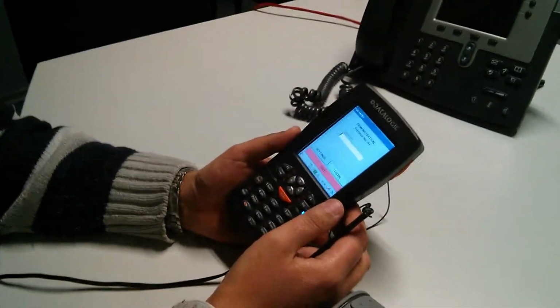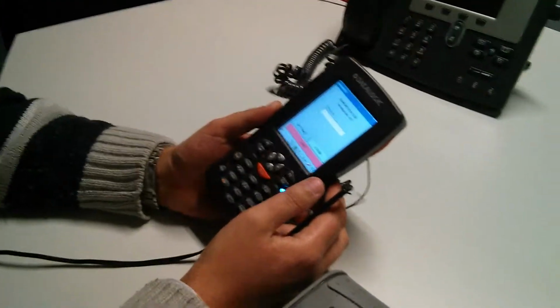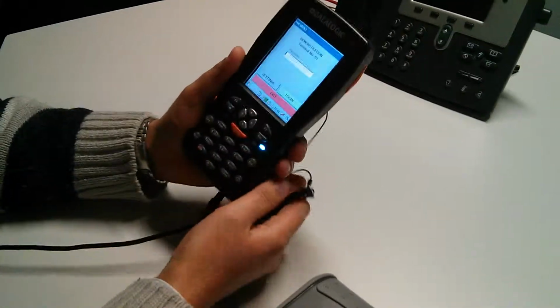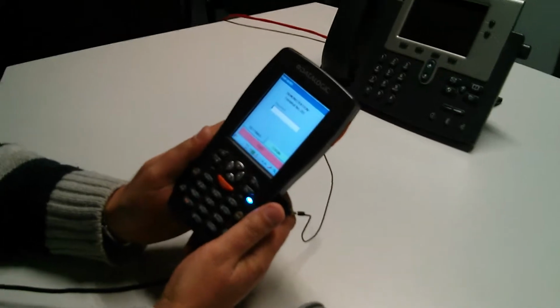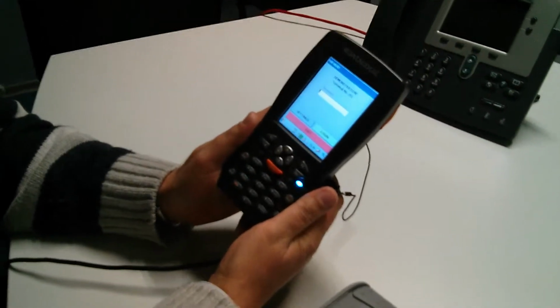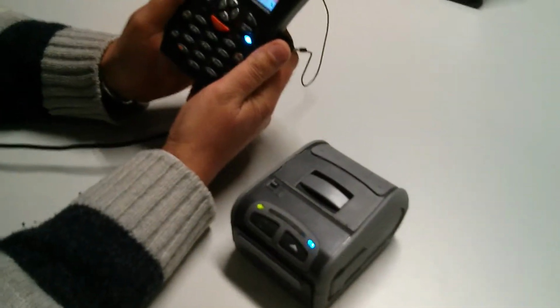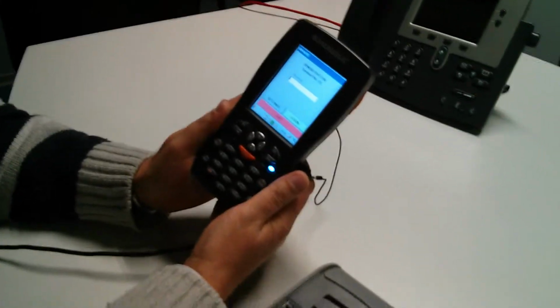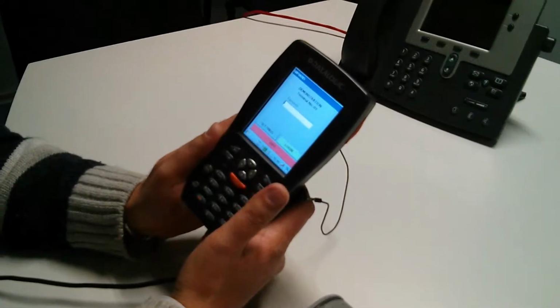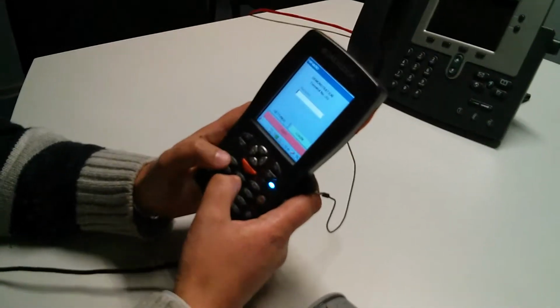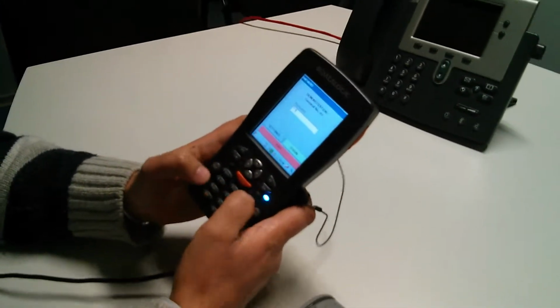Now, the second video will show you how to make a sale with VanMaster when the printer is already connected and set up with the handheld terminal, and when you make a sale, how to print a receipt on the mobile printer. Let's go. Okay, on the login screen we enter user and password